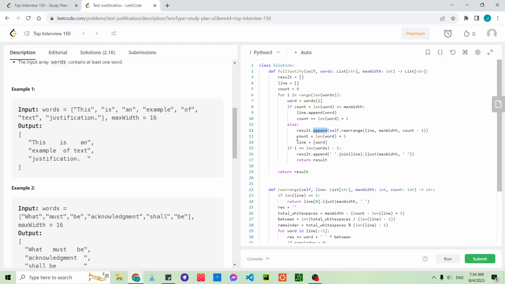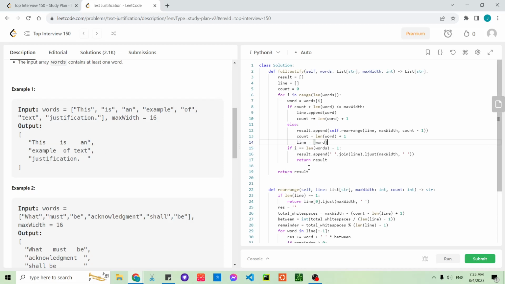So then what we're doing here is we are done with this previous line, and we want to now start with the next line. So the word is actually example, because that's where we realized, oh okay, example cannot fit in the previous line, so that's where we stopped and rearranged the previous line. So now we are starting with the next line. We are resetting count to the length of this first word example plus 1 for white space, and the line is now a new list. So this list now has 1 element, which is the current word, and then it will go over again to